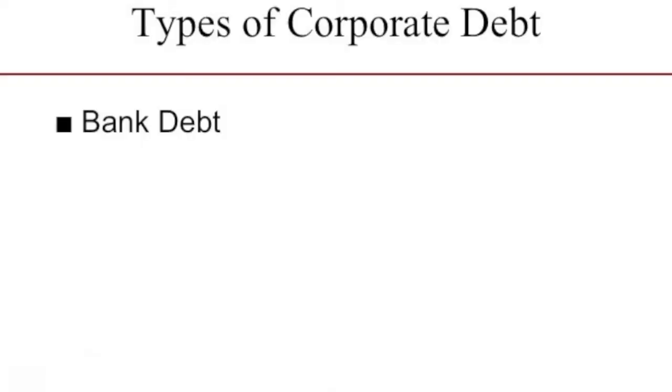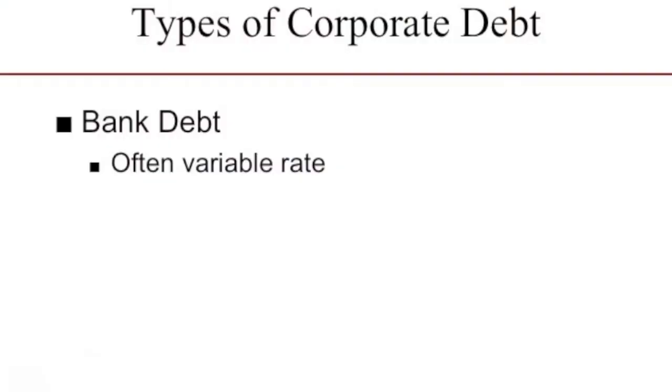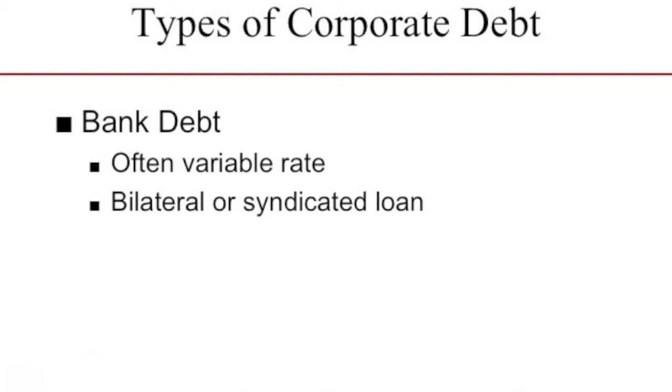Different types of corporate debt can include, well, most obviously, bank debt. Often companies approach a bank if they need capital, they need funding. Probably the big difference between bank debt and tradable, sometimes known as negotiable debt, is that bank debt will often be charged interest at a variable rate, quite often linked to the London Interbank Offered Rate, or LIBOR. Bank loans might be bilateral. It might be, for example, just a simple loan between company and bank. If it's a much larger piece of funding, we might have a syndicate of banks who collectively advance lender monies.